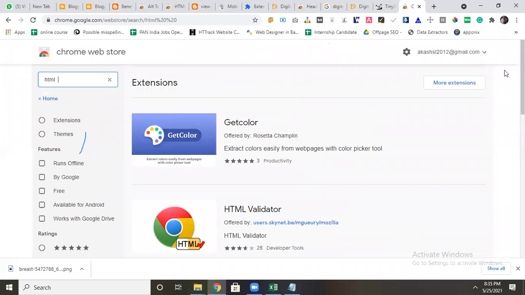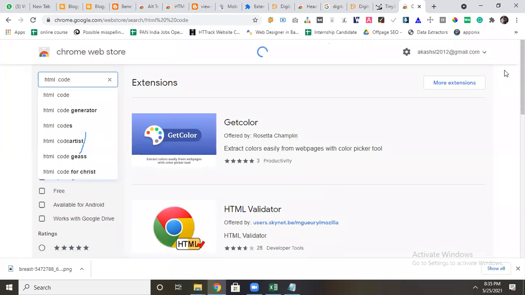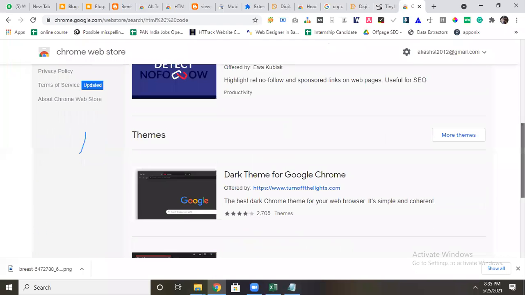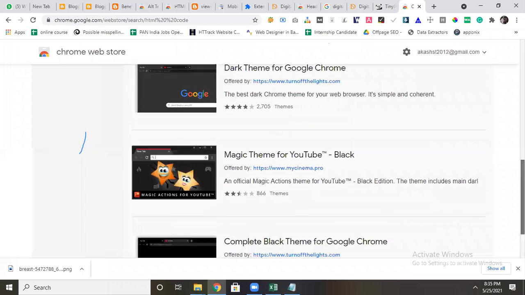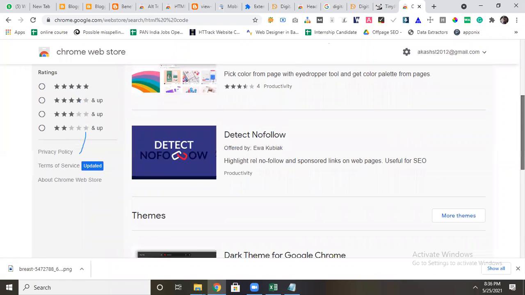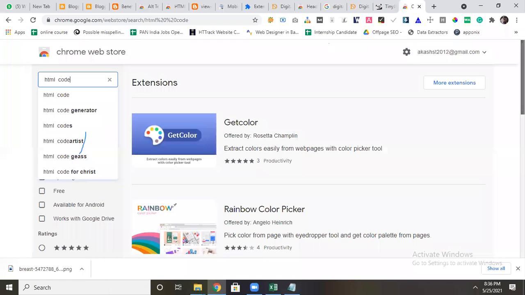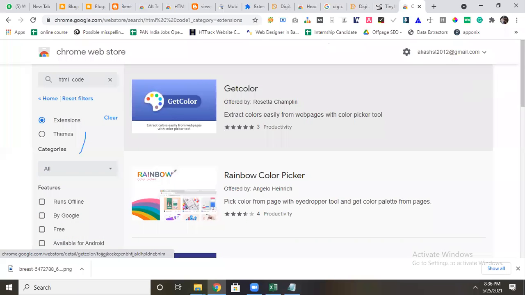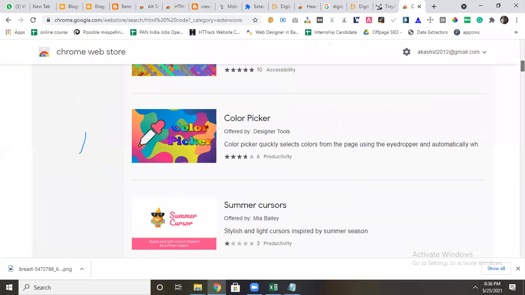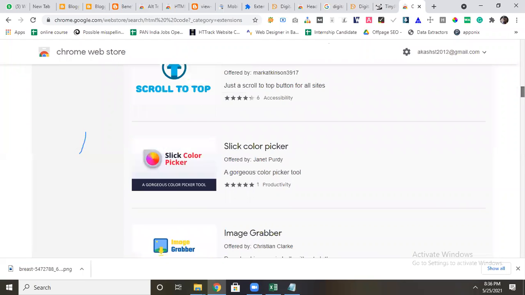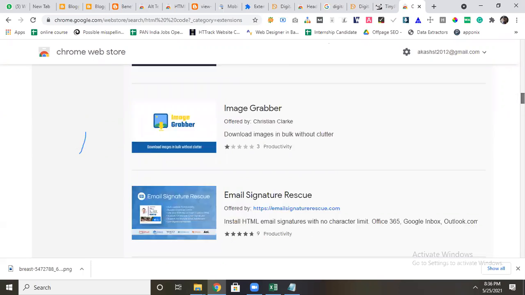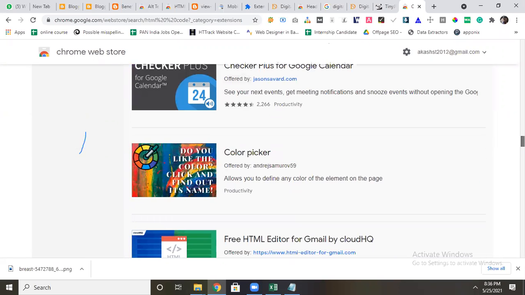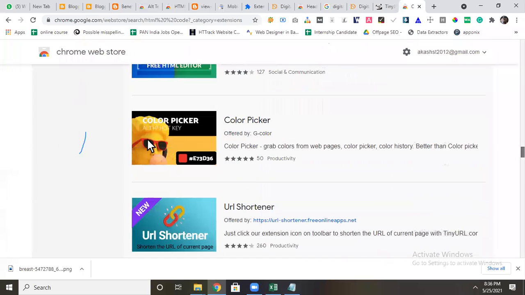These are the available ones. Let's say HTML code. You get the particular extension here. If you click on more extensions, it will show complete details about the extension. Whichever you want, you can add it.